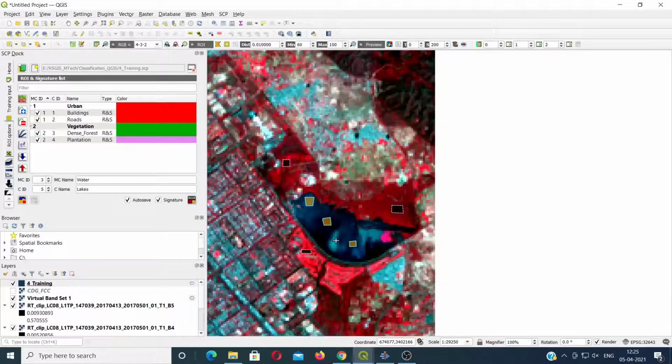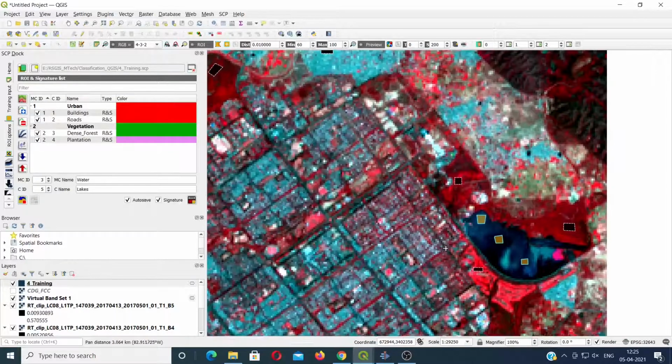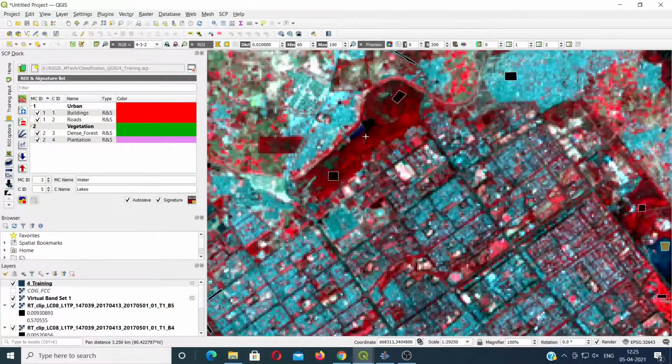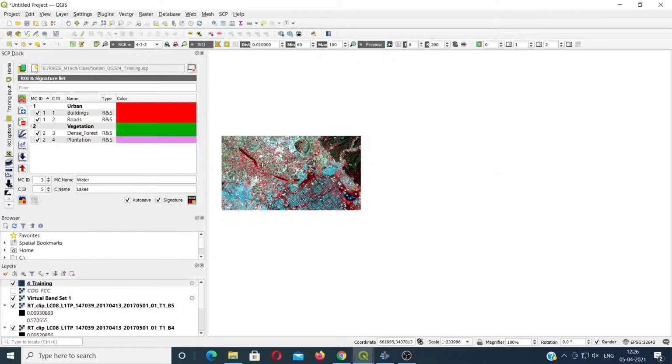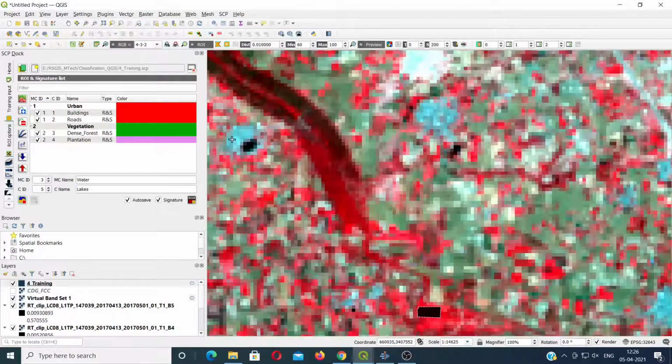Yes, so I have taken 3 signatures for this particular lake. Similarly, I will take some more signatures for water here. So I have collected 4 signatures for water.